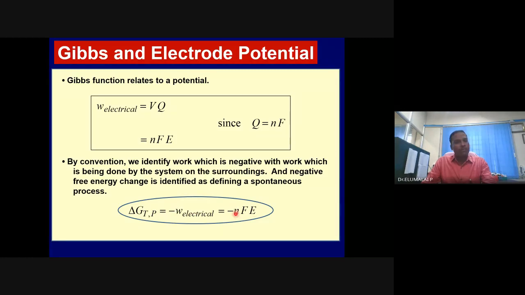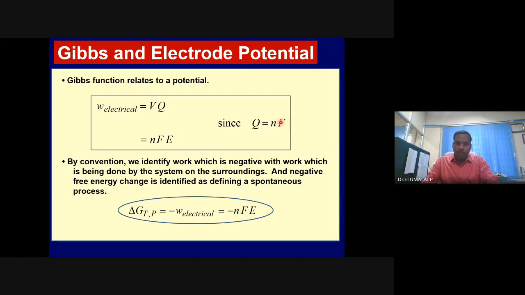What is n? For example, consider this zinc oxidation in a Daniell cell, or voltaic cell, or galvanic cell. Zinc becoming zinc 2 plus, copper 2 plus accepting 2 electrons at 1.1 volts theoretically. And n is the number of electrons involved in the electrochemical reaction, the maximum number of electrons involved in the reaction. How many? 2. Zinc releases 2 electrons, consumed by copper 2 plus.